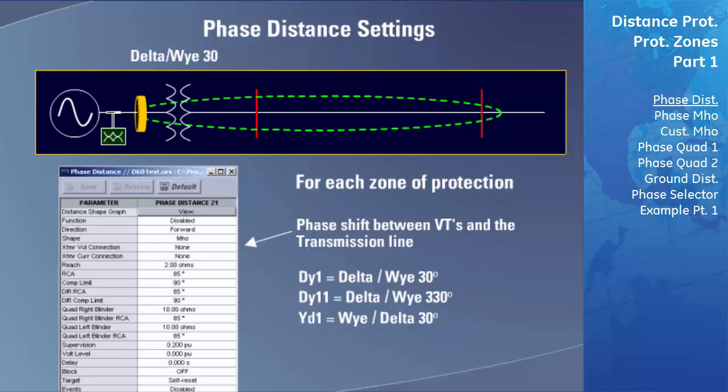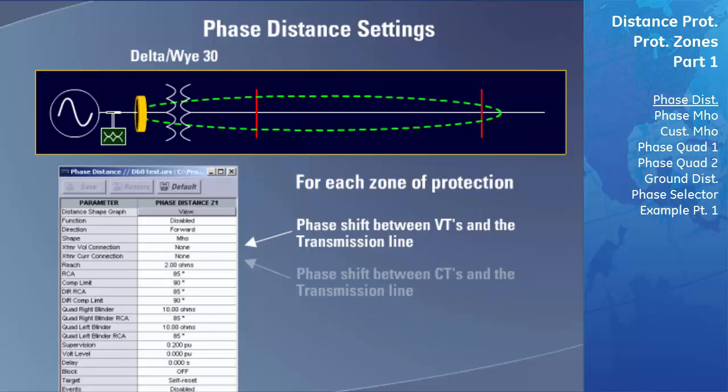The CT connections are also located on the source side of the transformer. Therefore, we will need to enter this phase shift. In the transformer current connection field, we will again select DY1 to represent the delta Y phase shift of 30